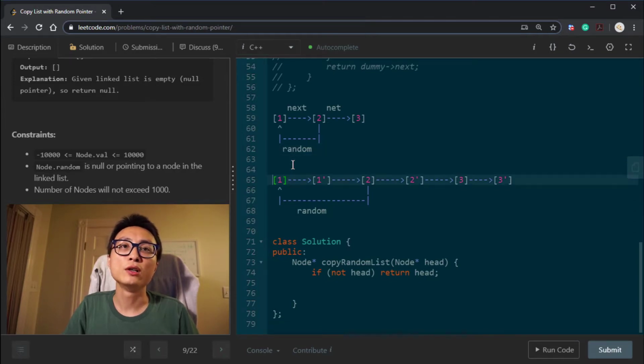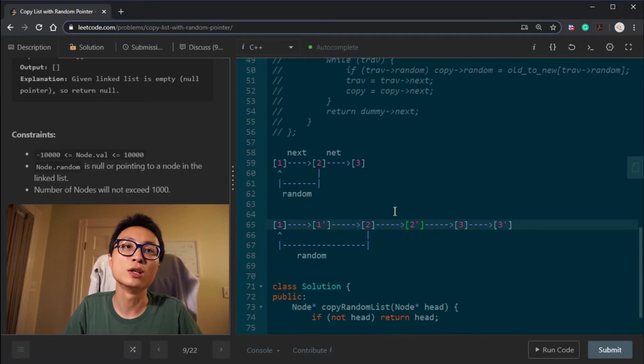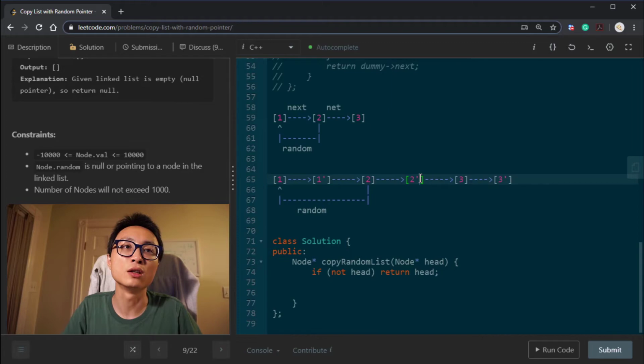So I'm just going to summarize this. The second pass, we're going to fix the random pointer. The first one, we were only able to get the next working. You can see that if we just want the original linked list, instead of doing the usual way to go to the next, if we just hop 2 steps at a time from the head node of the original linked list, we would basically only traverse the original nodes.